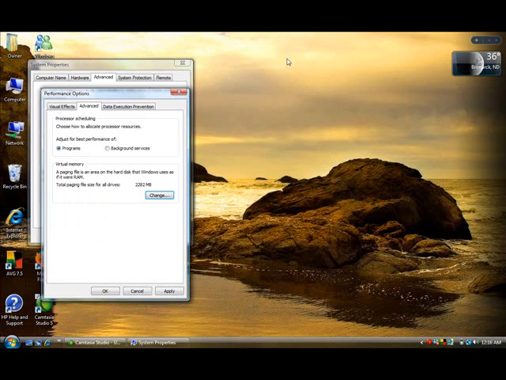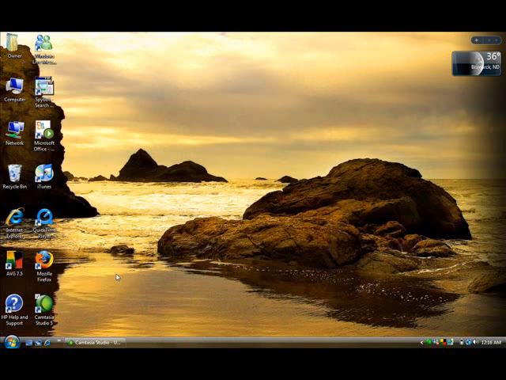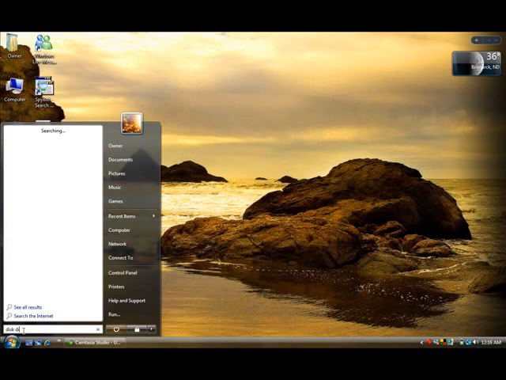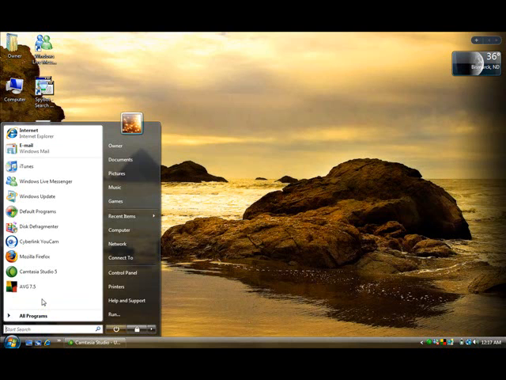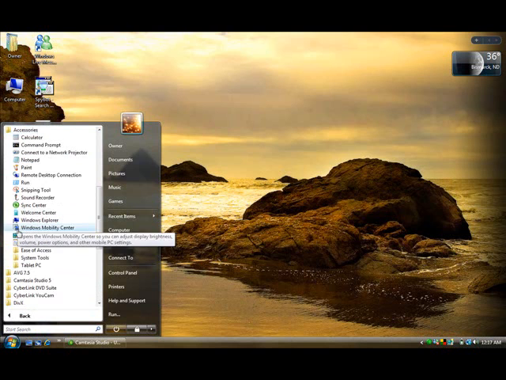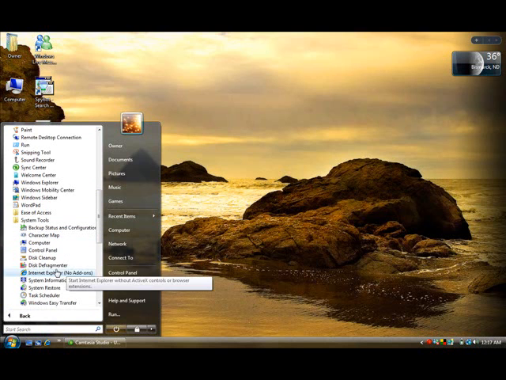Third way you can speed up your computer is by going into your disk defragmenter. I find it easy just to search for it. Disk defragmenter. If I can spell it right, which is right there. Or you can do it the old school way, which is go to all programs, and you want to go to accessories, and you want to go to your system tools, and then from there you want to go on disk defragmenter,